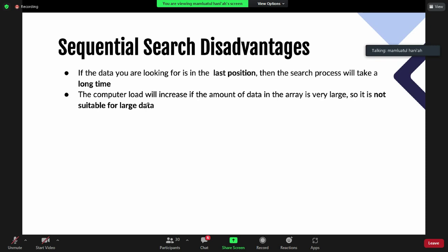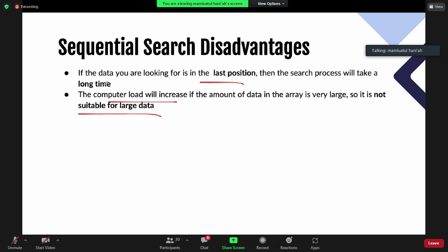But we have a disadvantage in here. If the data you are looking for, the searched data or your key, is in the last position, the search process will take a long time because you need to compare one by one element, and this algorithm will not be suitable for large data because we will need some more time to process it, and the computer load will increase if the amount of data in the array is large.